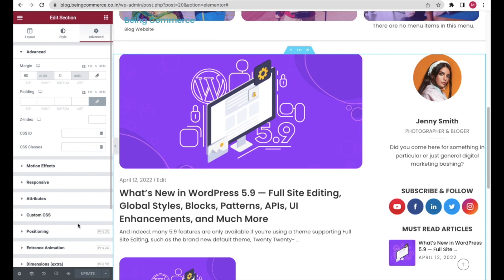Now, once you complete this much, you should always make sure that your website is 100% mobile and tablet friendly. So right now it's looking good on a desktop, but let's see how it looks on a mobile phone. To do that, at the bottom left again, you'll see this icon, responsive mode. If you click on that, and click on mobile phone, this is how your website is looking on a mobile phone. As you can see, it needs a lot of changes. Let's start from the top. So first click on this text, make